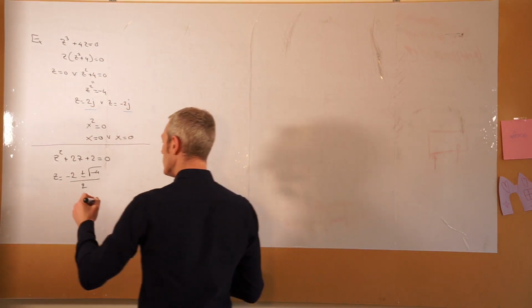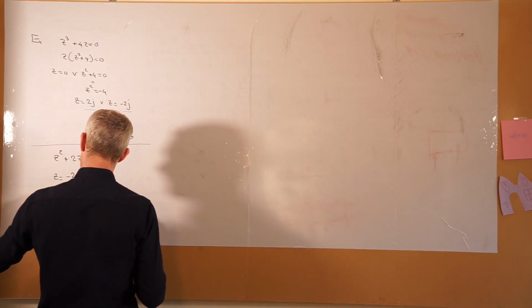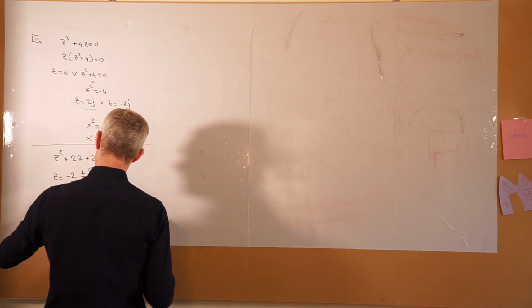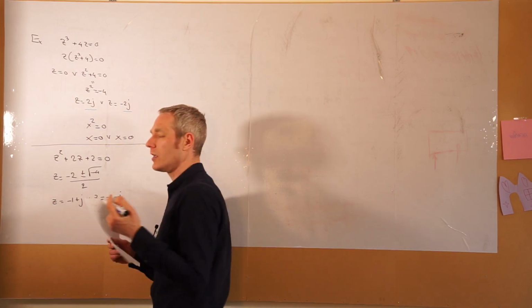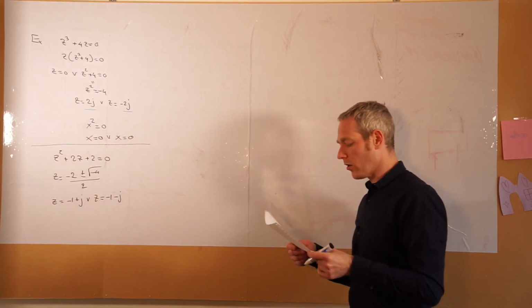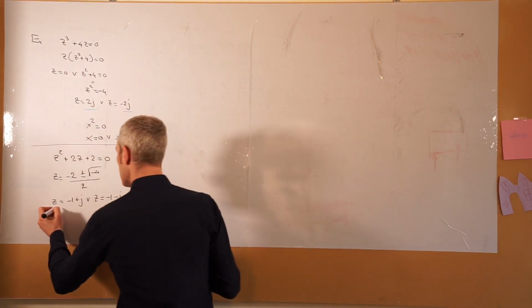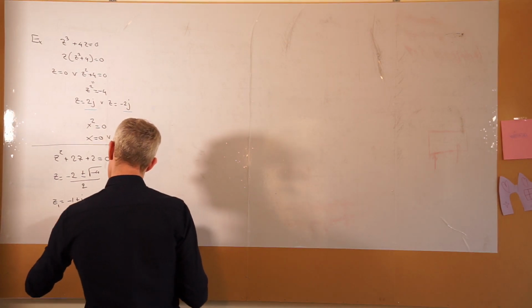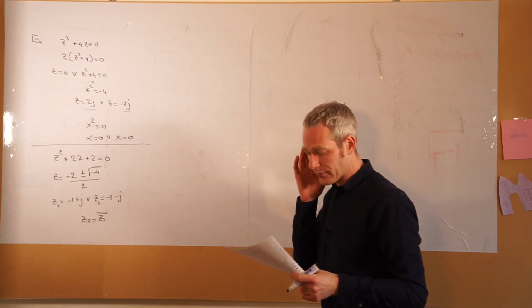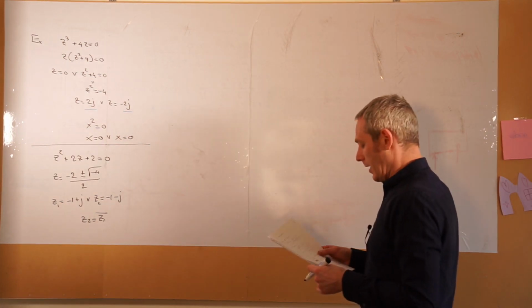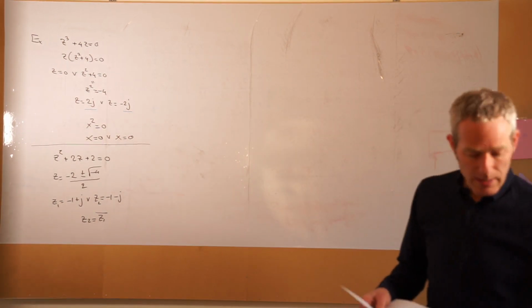And we found that the solutions were z is equal to minus 1 plus j, and the other solution was minus 1 minus j. You can see these are each other's complex conjugates. So if this is z1 and this is z2, then z2 will be the complex conjugate of z1. But as a final example,